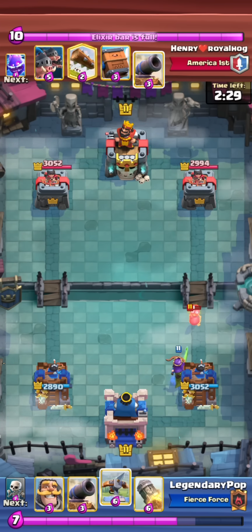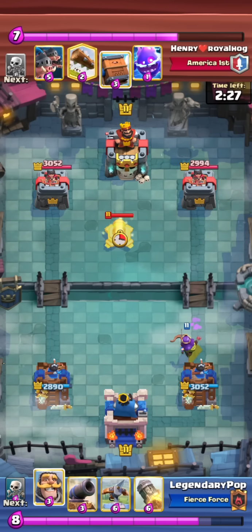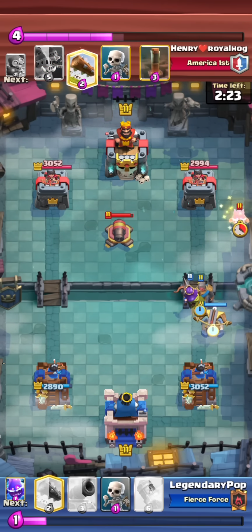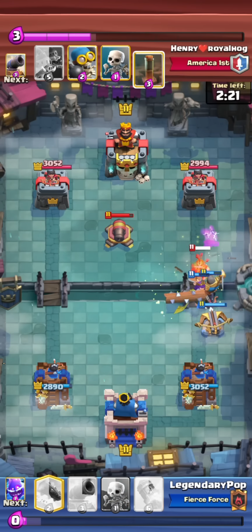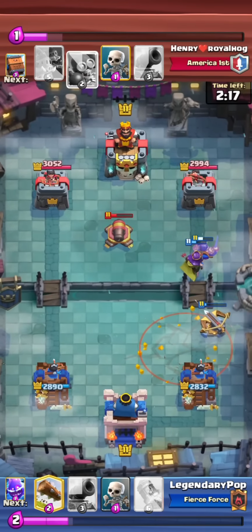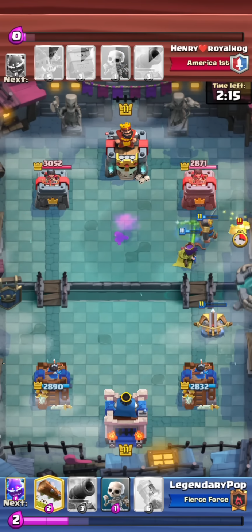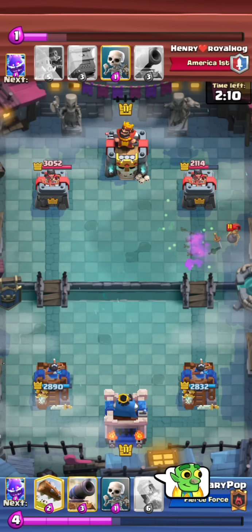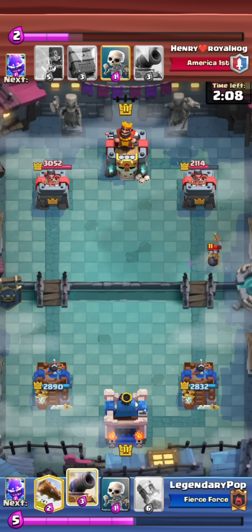So I just Queen the back for his Bomber, and then I Xbow because he just uses Earthquake, so it makes sense to go in. Knight as well, because I know at this point it's going to be Royal Hogs Earthquake with the cannon in there, so I just protect against his Queen, which I thought he had, but he had a Bomber. And my Queen is actually locked on, so he kind of messed up there. My Queen gets 3 hits on tower, I think,